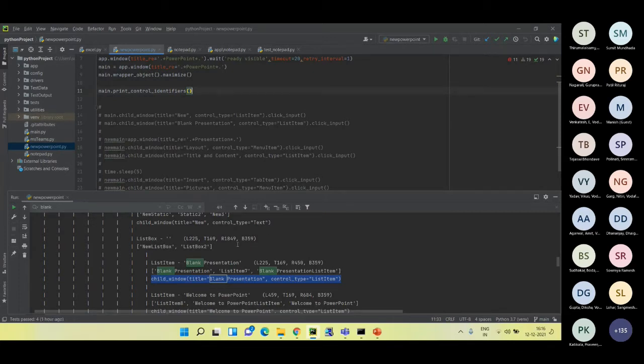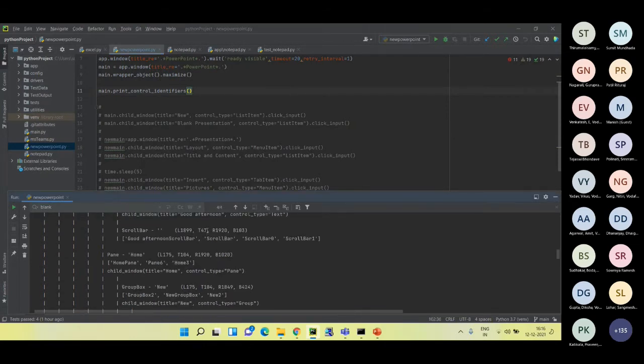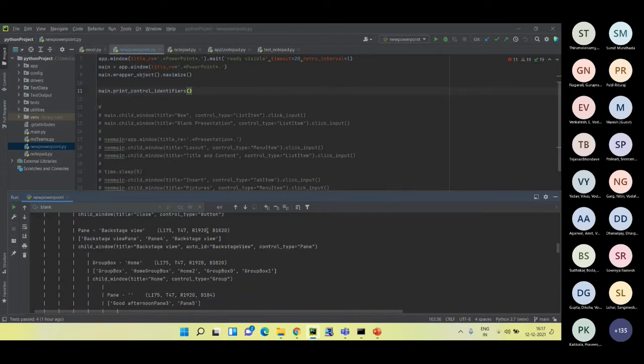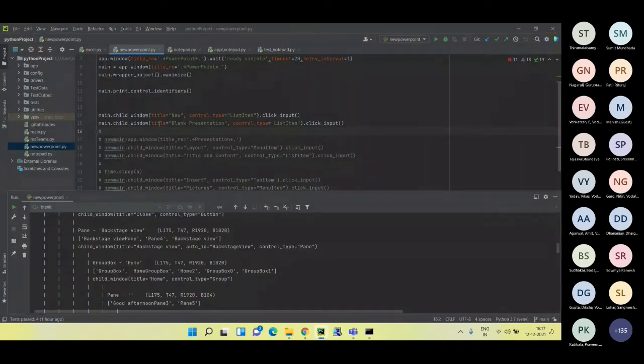See, if you look here, this is on top of this list, this blank presentation. So that is the reason I put it here. Okay, so let's just remove this comment and try running it. Okay, so let's see whether it's clicking on the blank presentation or not.